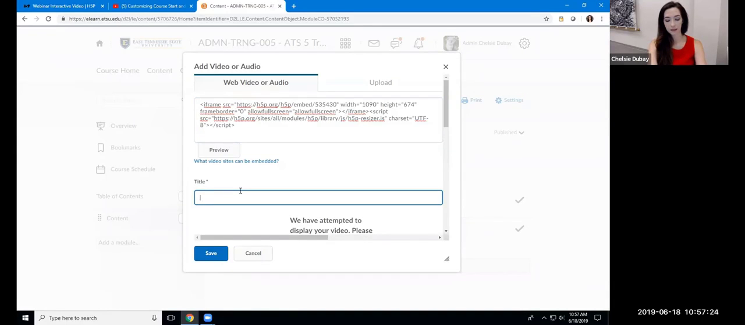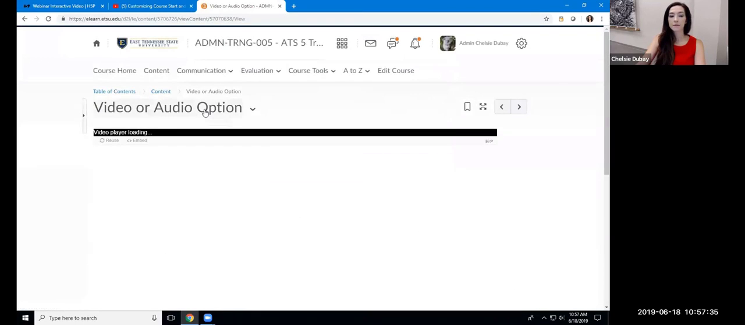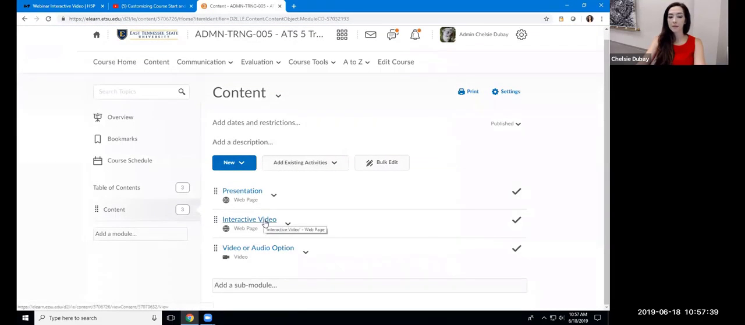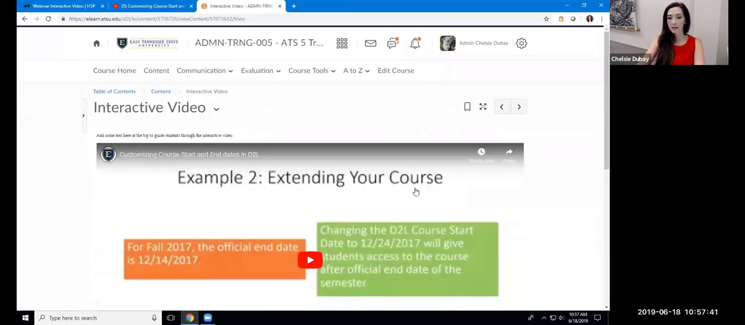Let's see, video or audio option. Okay, so I just embedded that. So the difference here is, so I showed you two times. The first time, the interactive video embedded in an HTML file gives me the ability to add text before or after. It also gives me the ability to